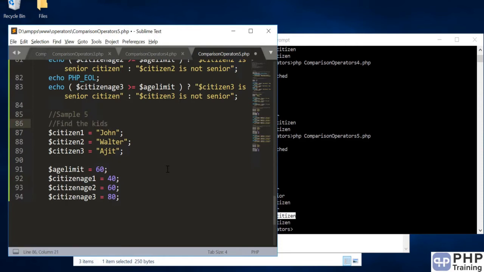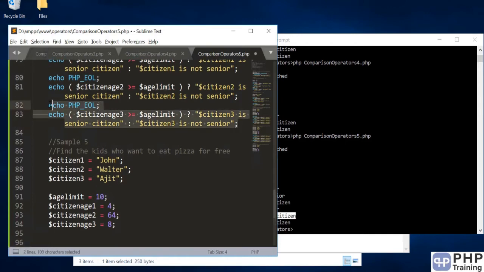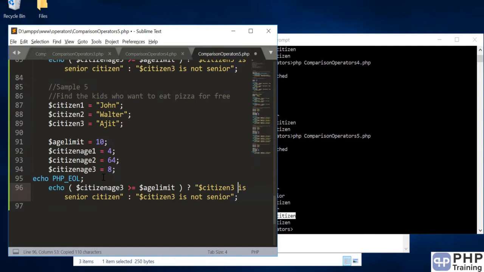Find the kids who want to eat pizza for free. So the age limit is 10, so if you're less than 10 you get a pizza for free. So let's define the age. Let's say he's 64 and then he's 8. Okay, so let's define one of the examples. So now you say not a senior citizen, so we'll change it to name 1, name 2, name 3,